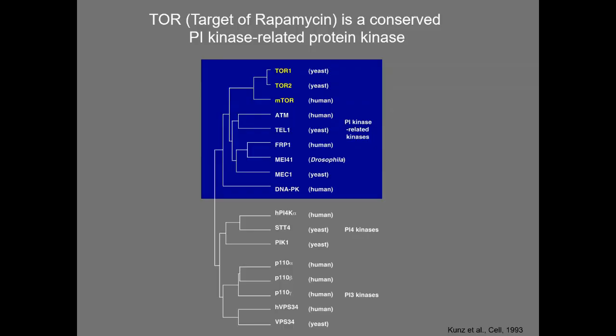Well, the 2 TOR proteins turned out to be 70% identical, so very highly related proteins. They also turned out to be the founding members of this class of atypical protein kinases, a kind of enzyme which modifies other proteins via phosphorylation of those proteins. Also, since this early discovery of the TORs in yeast, TOR has now been found in all organisms, all the way from yeast to human.